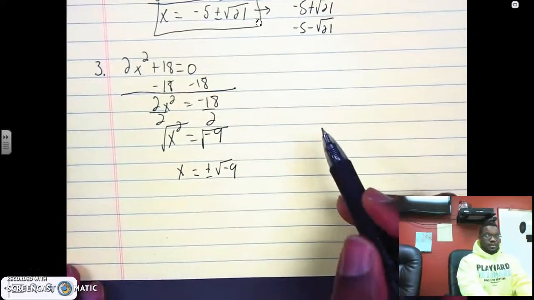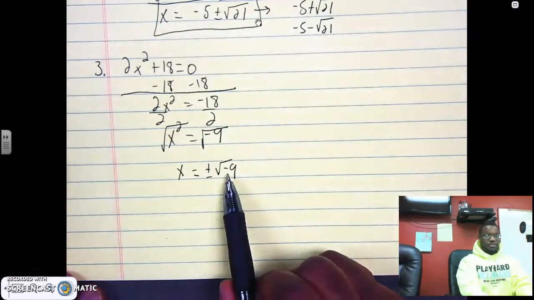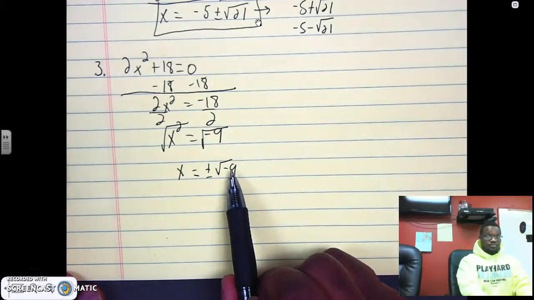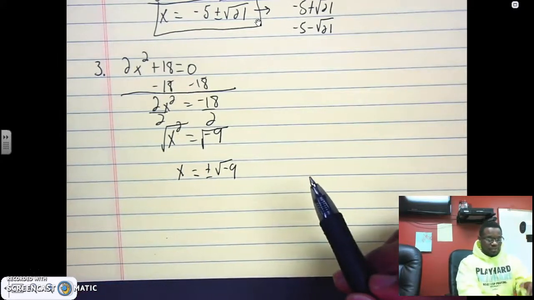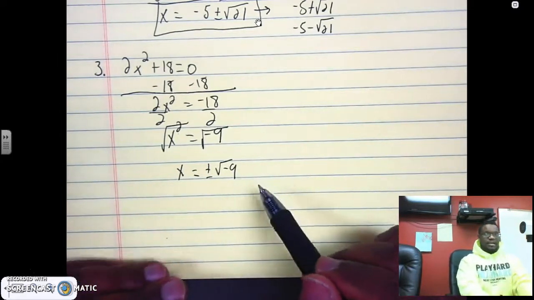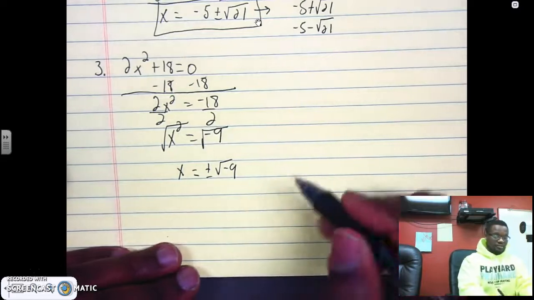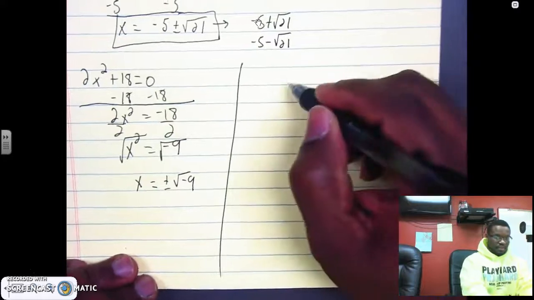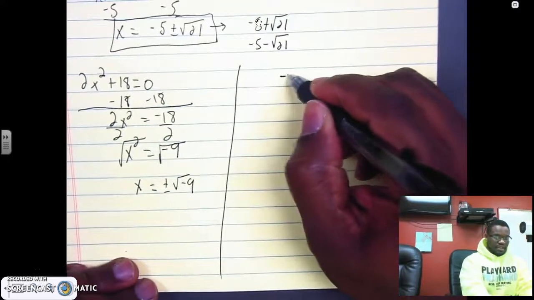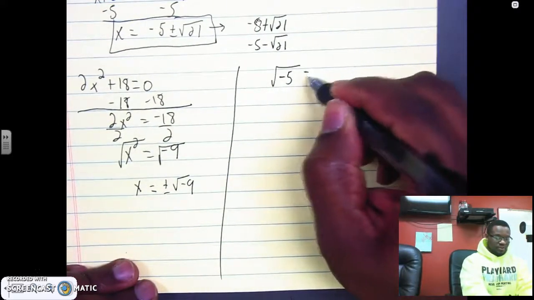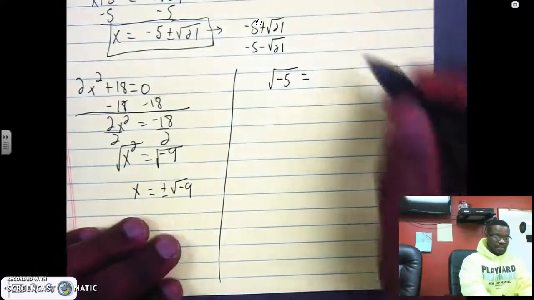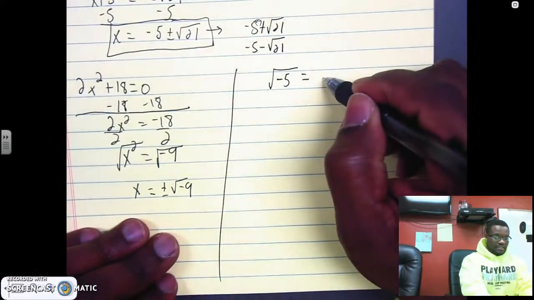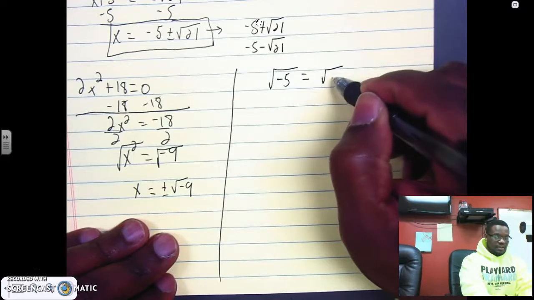But we have a problem here. You should never have a negative number underneath the radical. And so the issue is, how do you deal with that? How do you deal with a negative number underneath the radical? We don't stop here. The way you deal with that, I'll come back to this problem in a second. The way you deal with that is whenever you have a negative number underneath the radical, it's really an imaginary number. And the way we deal with that is to simply say